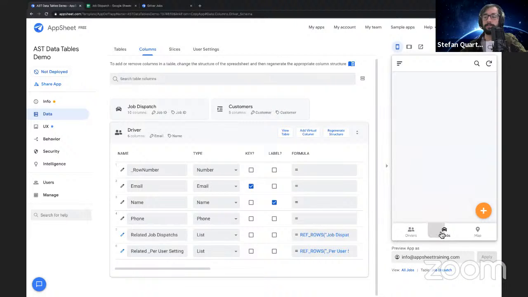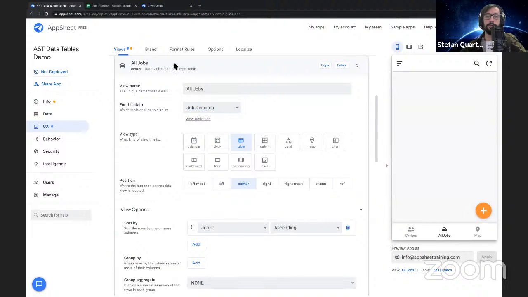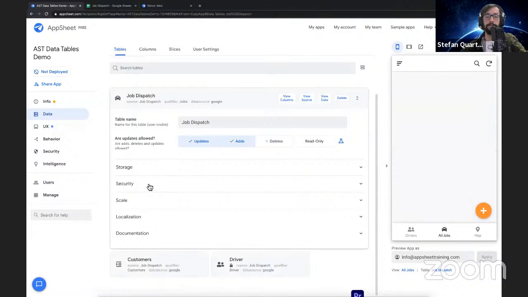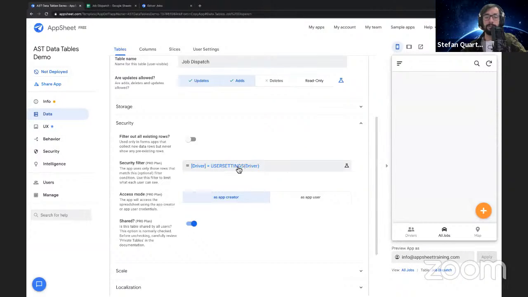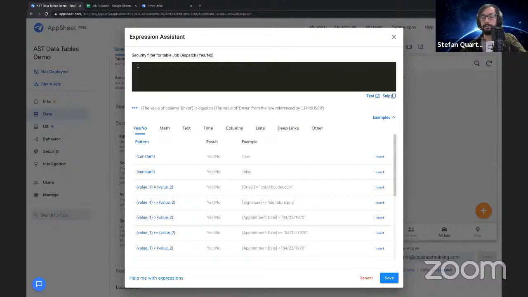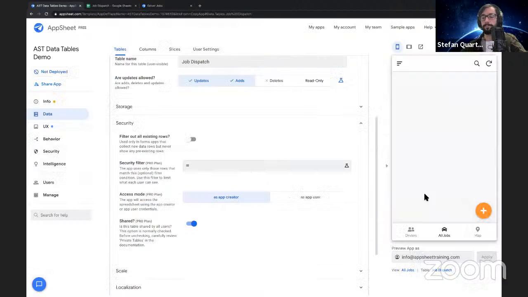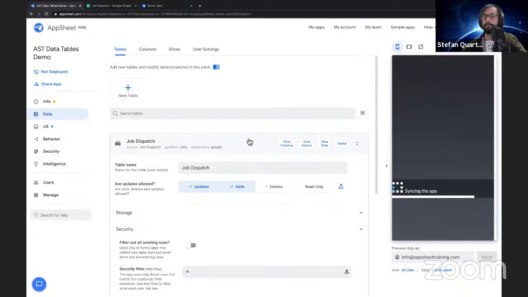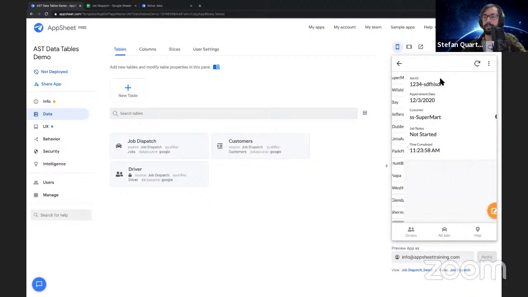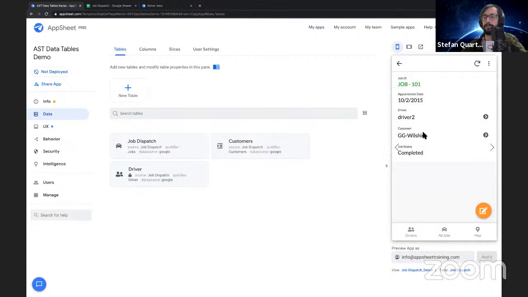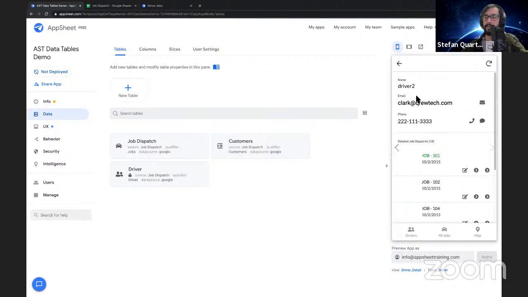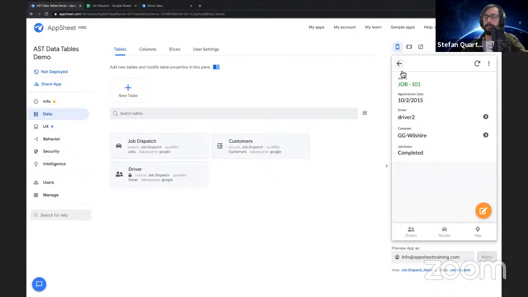And now hopefully my all jobs has disappeared. That's because I bet there's a security filter on this table. Yes. I'm going to remove this for demo purposes. All right, now I see my jobs. And now there's no more exclamation point next to my driver. It matches perfectly fine. And when I add another one,